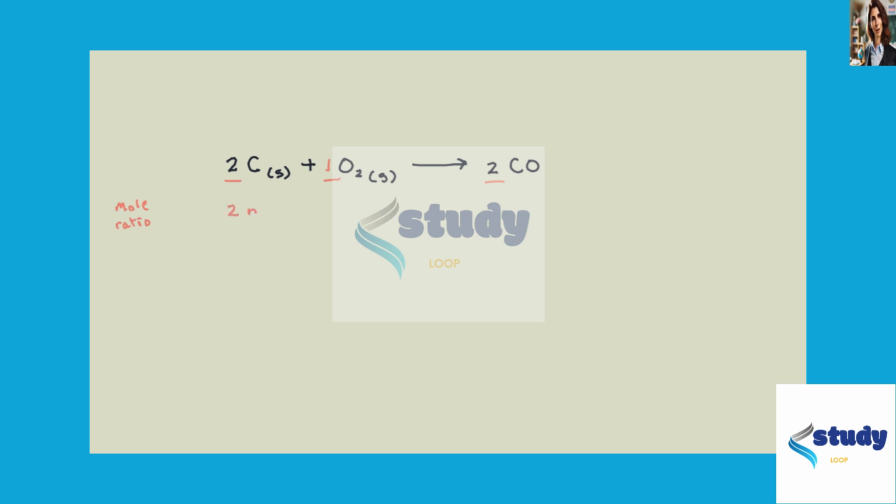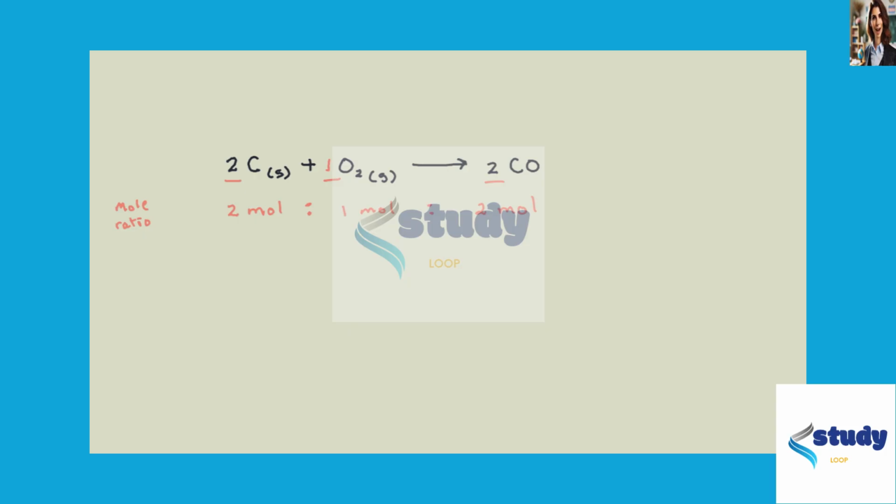is 2 moles of carbon will react with 1 mole of oxygen to produce 2 moles of the CO. So we have a 2 to 1 to 2 mole ratio. Reactants are reacting in a 2 to 1 ratio. All right, so the next thing I want to do is count up how many of each of these we